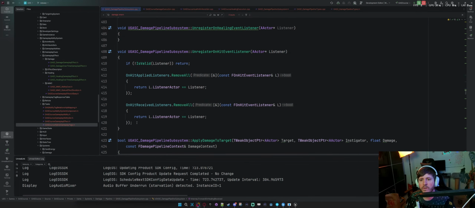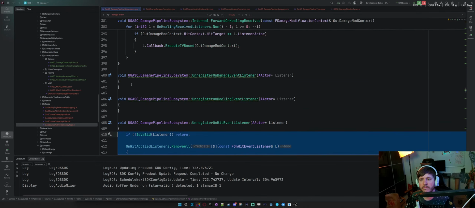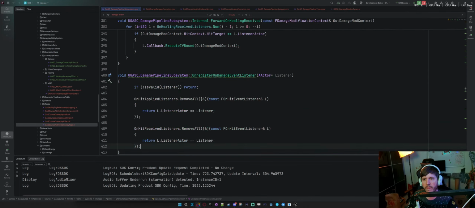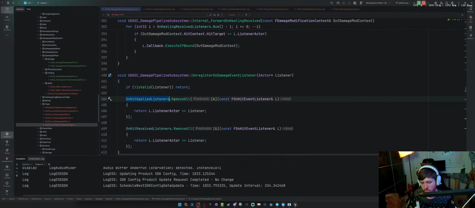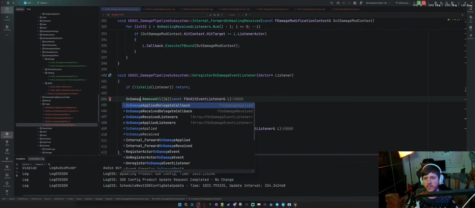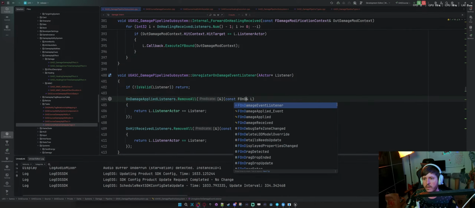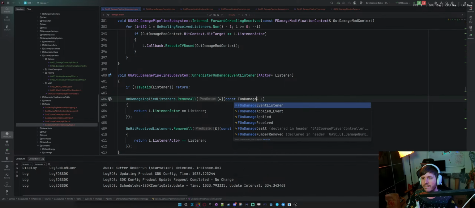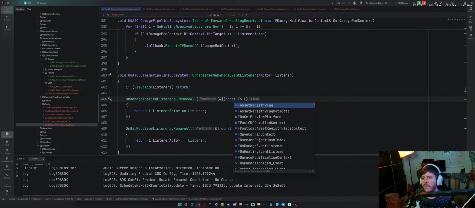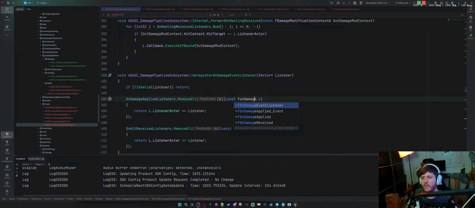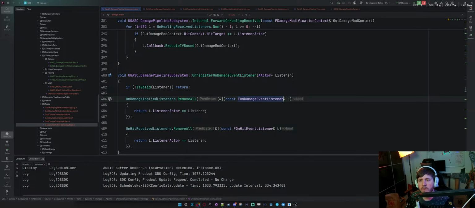Now we gotta do the unregistering. So on damage applied listeners, that remove all, and then F on damage event. Which one? F on damage event listener. Good.